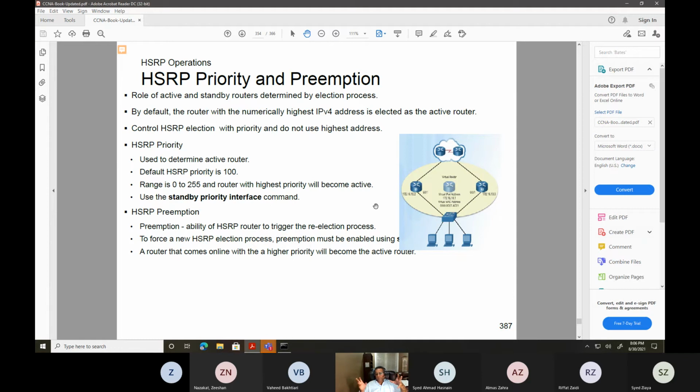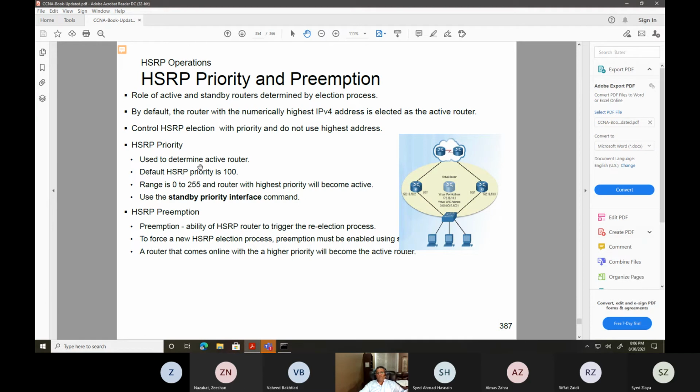In order to do that, the routers are going to take the highest IP address, whatever it is. HSRP is going to say, okay, you know what? I'm going to become primary. We don't want that. If R1 has the highest IP address, or R2 has the highest IP address, then that one is going to become the primary and the other the secondary. We don't want that. Basically, we want R1 to be the primary. So that's what we have to do.